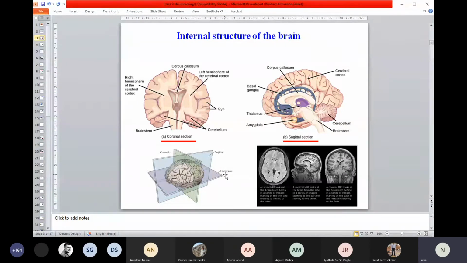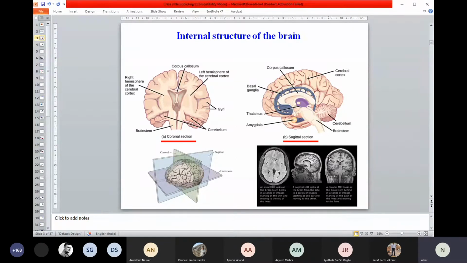I think that's very, very clear when someone sees a magnetic resonance imaging picture of a brain. I don't know whether any of you ever had a chance to enter inside an MRI machine, because if you have some kind of brain problem, a headache or some serious problem, sometimes a doctor might prescribe an MRI scan. And if by chance you enter an MRI scan, sometimes it takes 1 hour, 2 or 3 hours of time to get a brain scan.